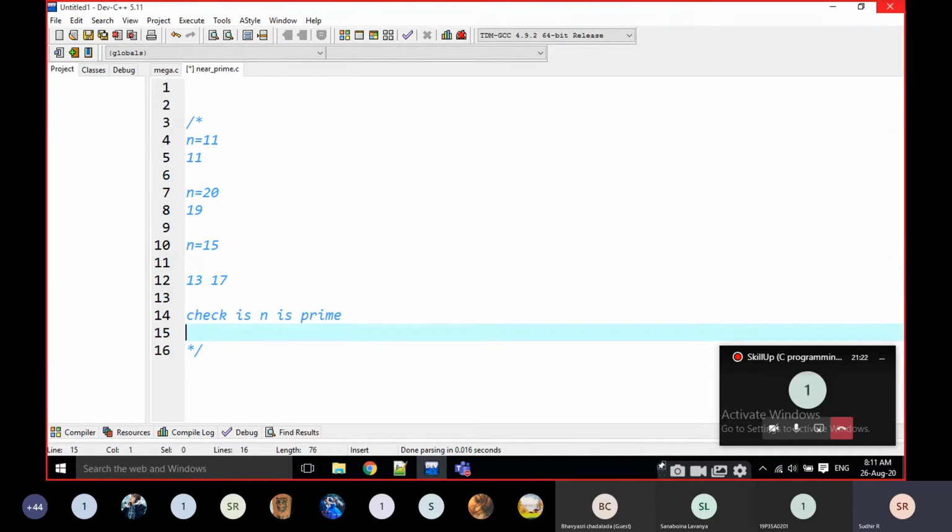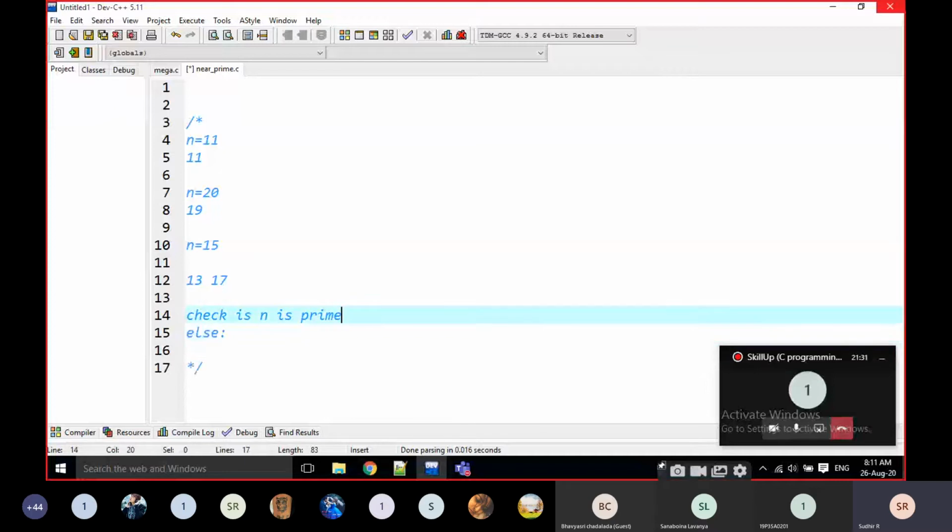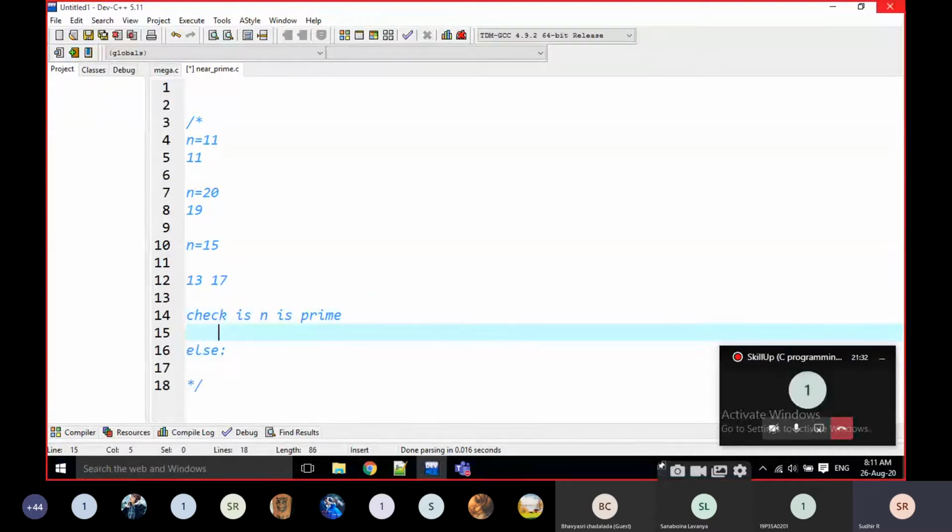If it is not prime, then else. If n is prime, just print that number. That is the answer here.